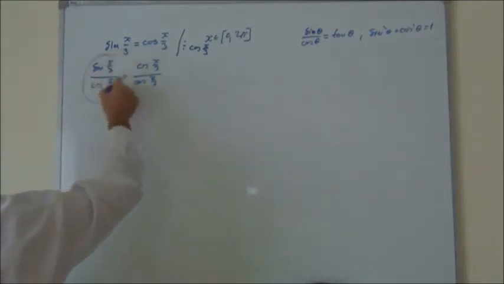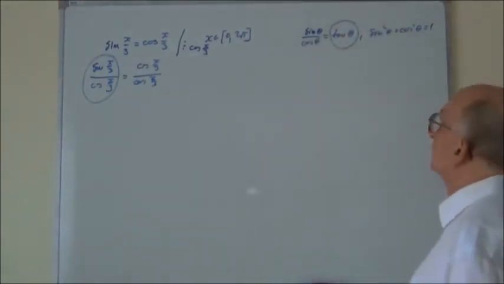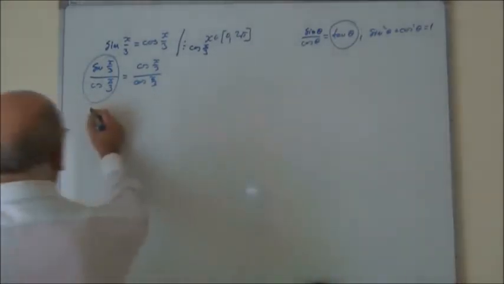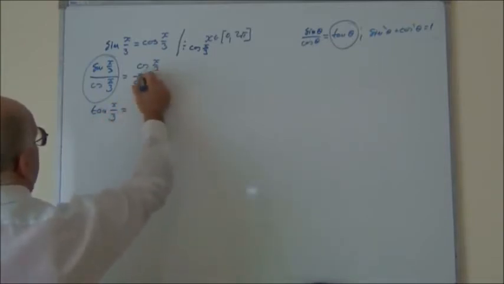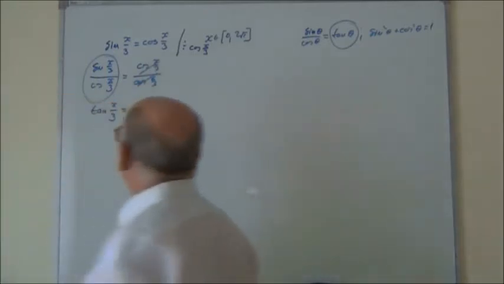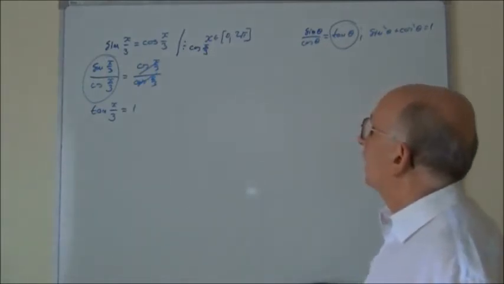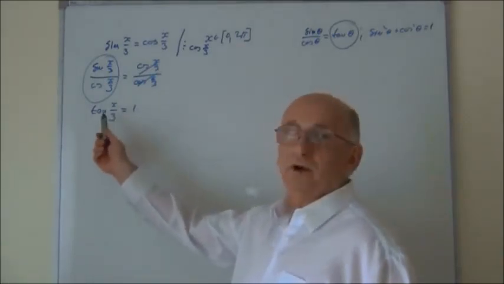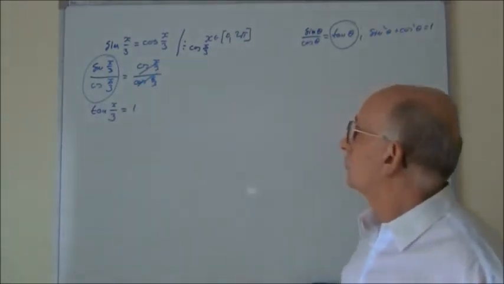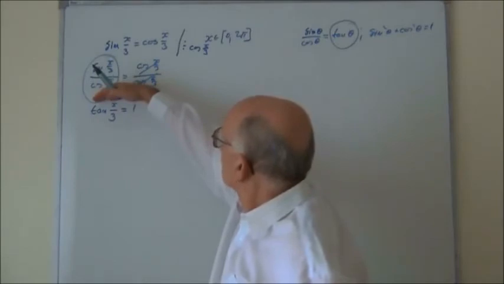Of course, this is tangent. This is tangent, so we can write tangent x on 3 equal, and when you cancel, this is equal 1. So simply by dividing this equation by cosine x on 3, we are changing our equation, and we have one equivalent equation that is the simplest form of trigonometric equation,